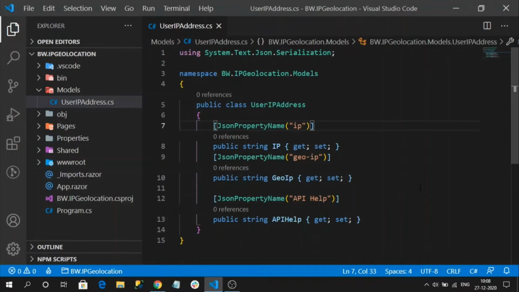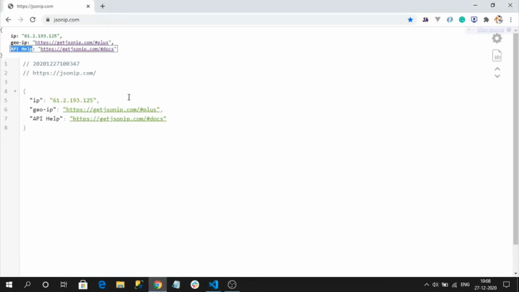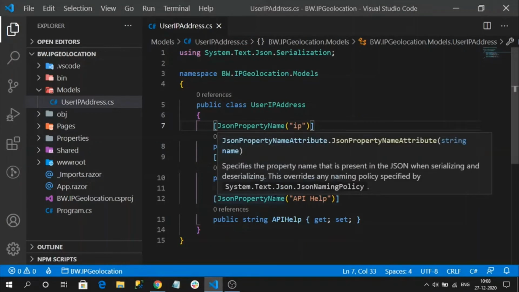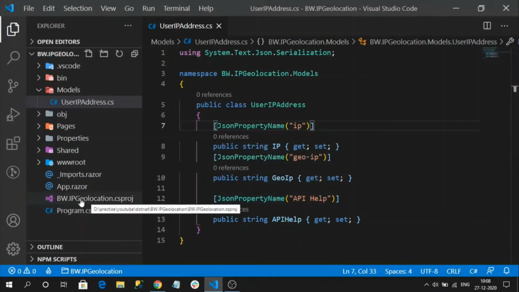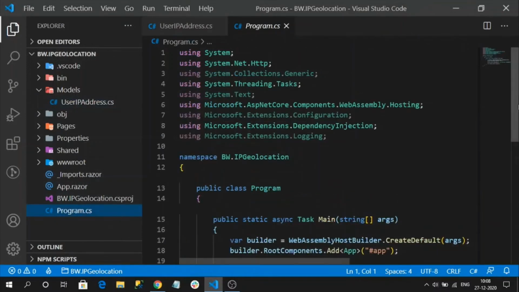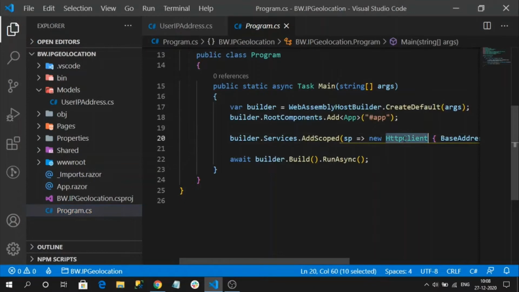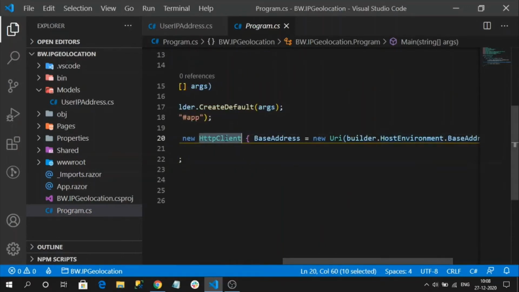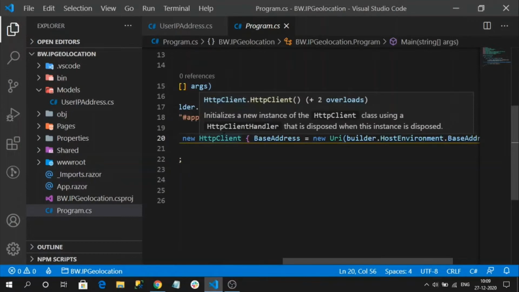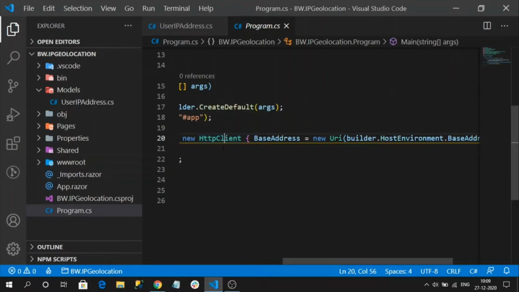Now what do I have to do? I need to register my HTTP client with this base domain. For using HttpClient in Blazor WebAssembly or .NET, there are multiple ways. Let me show you the existing one. See here, directly the HttpClient object is initialized and assigned some base URL. In this process, we can only use one domain in the application. But if you are consuming different third-party domains, this approach will not work.